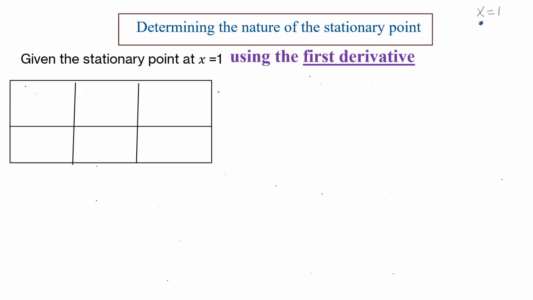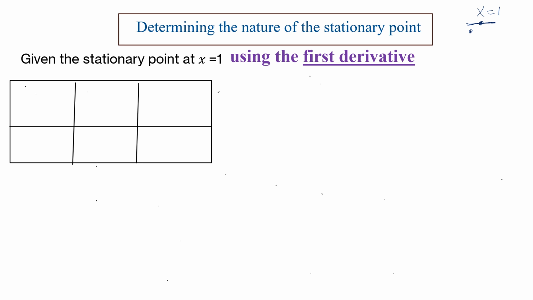But I'm not too sure about that point, is it a maximum or minimum point? So what I'm going to do next is, x equals 1, we all understand, we get it by using dy/dx equals 0. So the gradient of that tangent line is a horizontal line. What we're going to do next is to determine how the gradient of a point on the left side of x equals 1 is like,